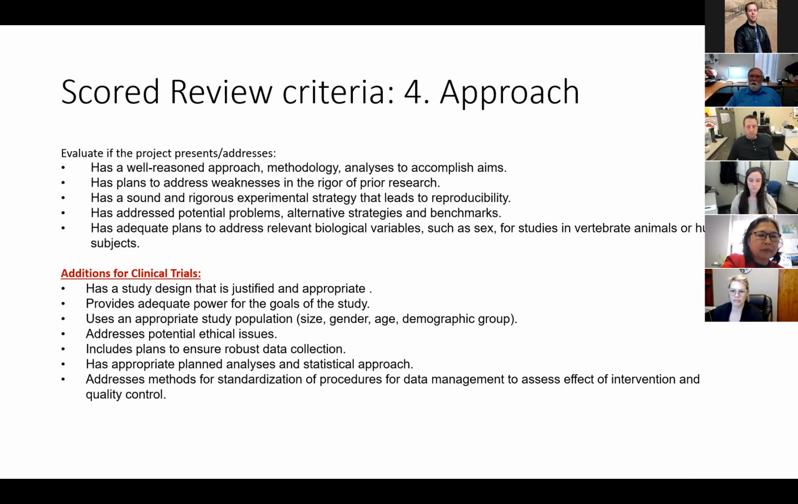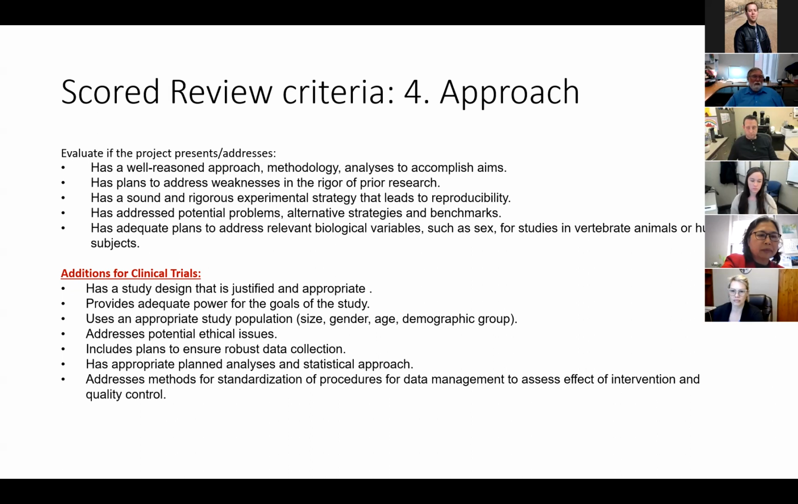You have to identify your potential problems, your expected results, and alternative strategies. And sometimes this is a good place where you can put in an additional study if it's necessary, if one of the strategies would be an alternative strategy. Have adequate plans to address relevant biological variables, such as sex for studies in vertebrate animals or human subjects. A lot of studies now require both male and female animals to be used in the study, and the same for human study subjects. So for clinical trials, again, justified and appropriate study design,